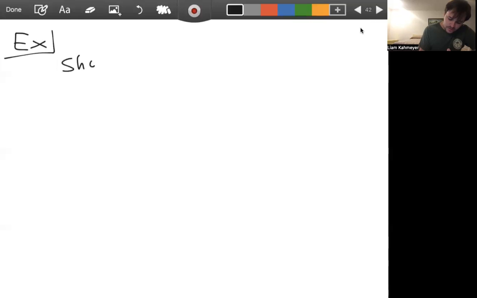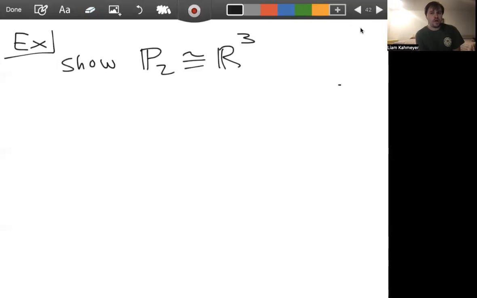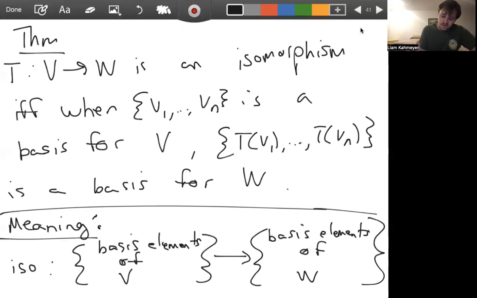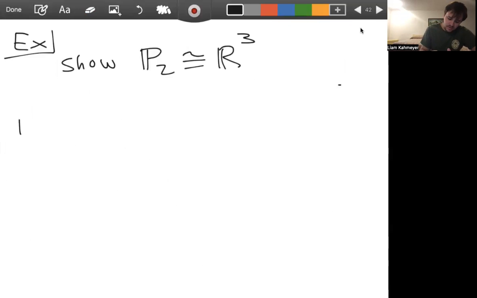So let's show that P2 is isomorphic to R3. So the space of all polynomials of degree less than or equal to 2 is actually just three-dimensional Euclidean space, or it's isomorphic to it. How could we show such an isomorphism exists, right? Well, by the previous theorem, we only have to show that there exists a linear transformation of basis elements to basis elements. So define